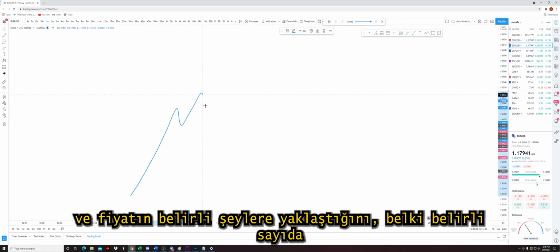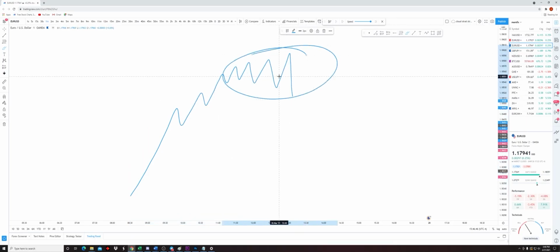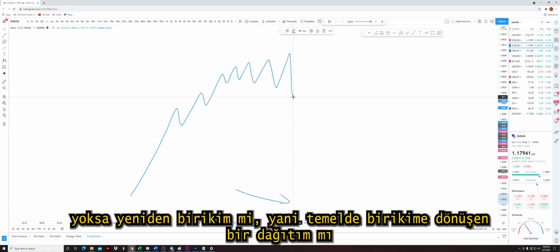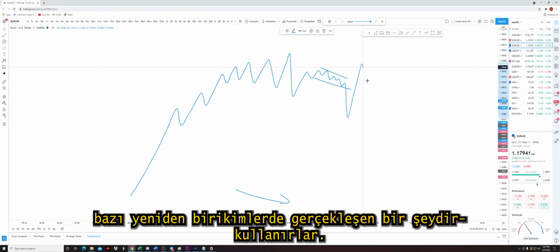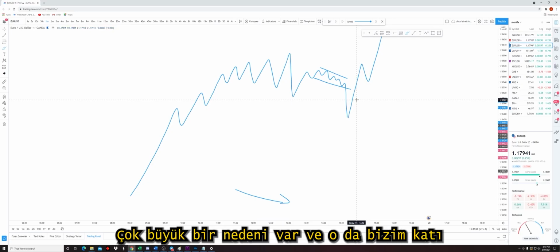And as they see price approaching certain things, maybe undergoing a certain number of accumulations or liquidations, they use volume correlation or creek correlation, which is ultimately something that occurs in some reaccumulations, to determine whether an overall move is a distribution, or a reaccumulation, which is basically a distribution that becomes an accumulation. Now,